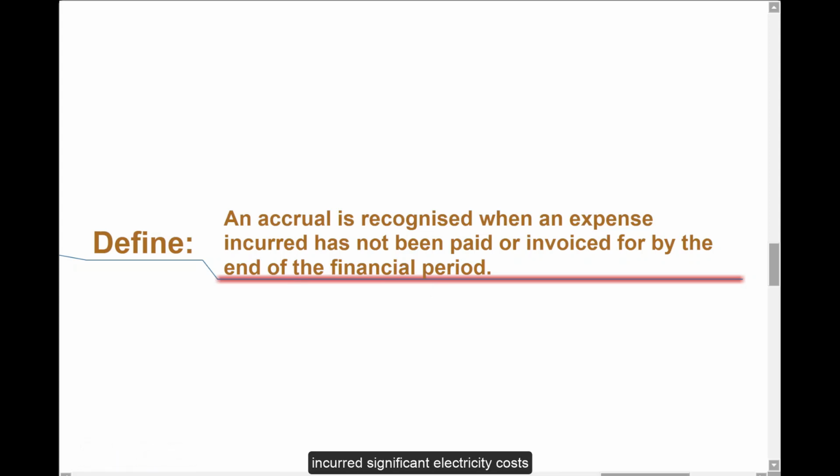We know that we have incurred significant electricity costs, but for the last quarter, the last 3 months, October, November and December, we haven't actually received our electricity bill. So let's accrue for it. Let's recognize this expense now. We know the invoice will come in due course, but we've got to put it into the accounts. So let's debit expense, electricity or heat and light, and let's credit accruals. There we have it. Our accounts are now good and pucker.